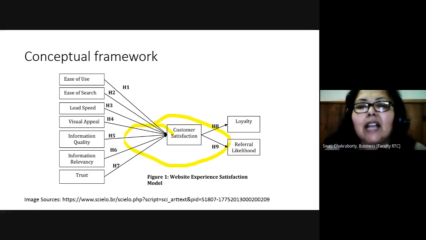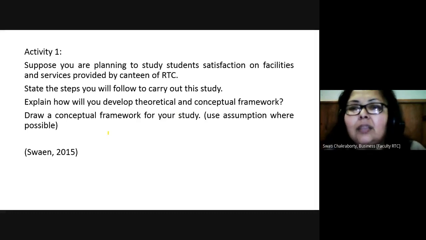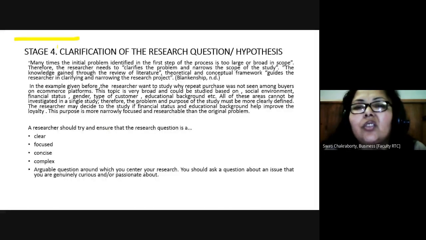So this is the activity which you should be doing. It's where you need to develop the theoretical and conceptual framework. Okay. Next comes the fourth stage, which is clarification of research